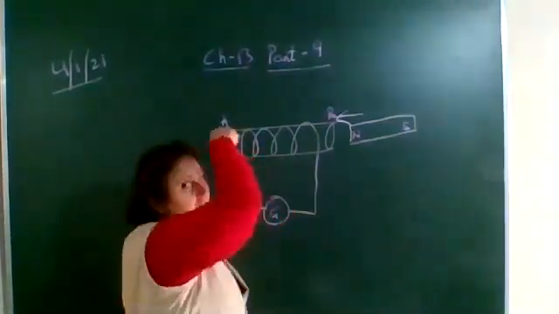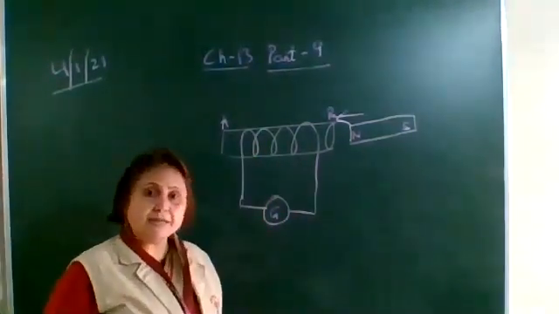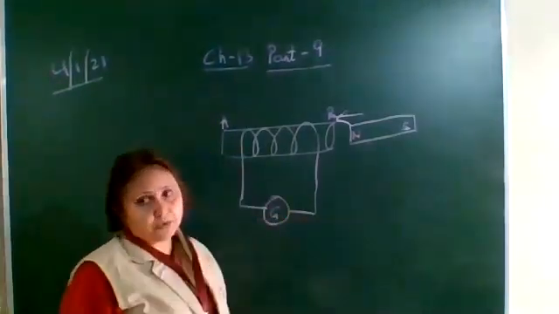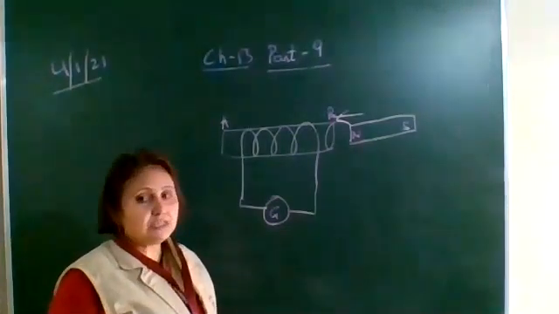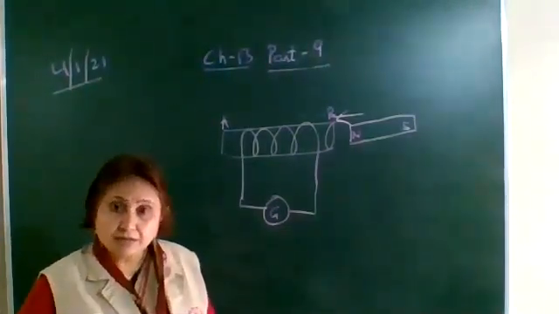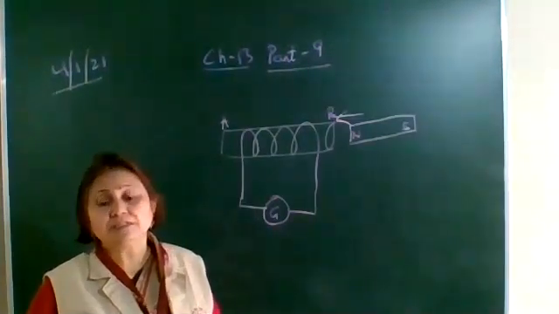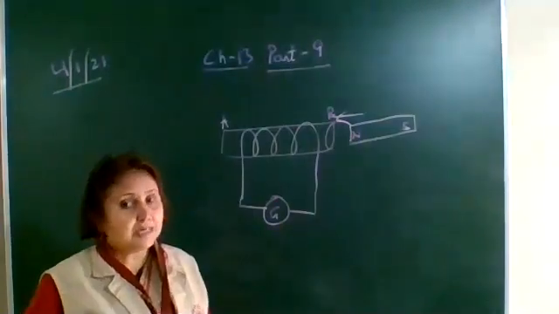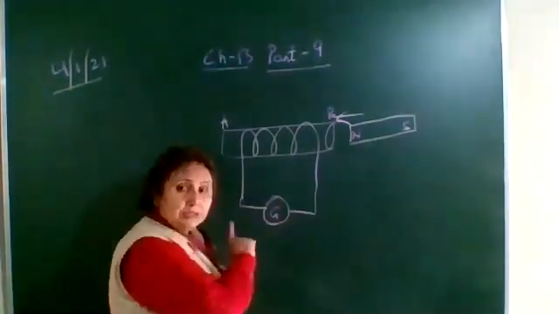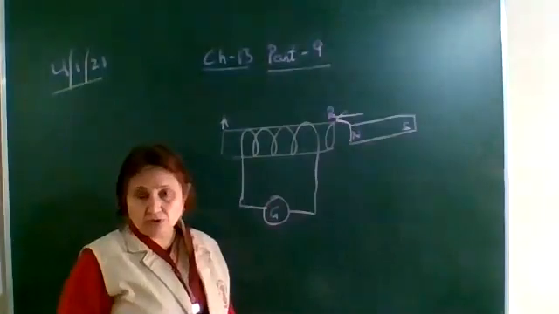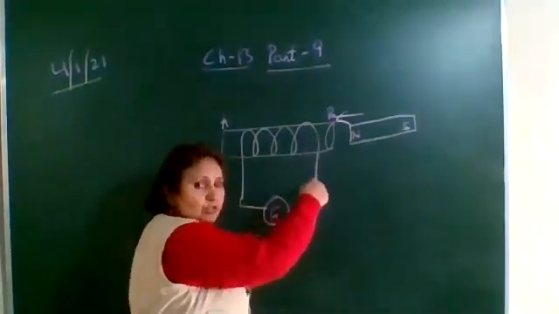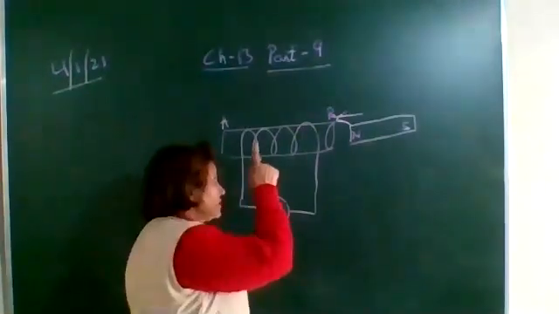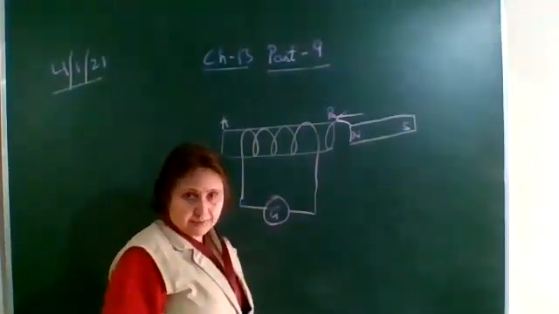As you move the north pole of the bar magnet inside the coil, what happens? The galvanometer needle is pointing towards right. And whenever the galvanometer shows a deflection, it means the current is produced. So what do you conclude? That some current is produced in the coil. Some current is produced in this wire, which is wound in the form of a cylinder, which we call a coil.